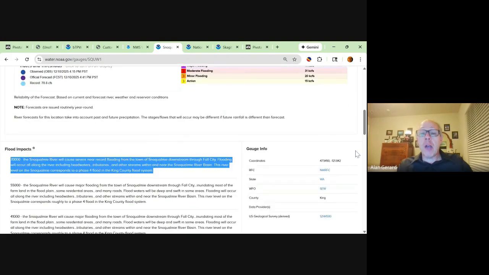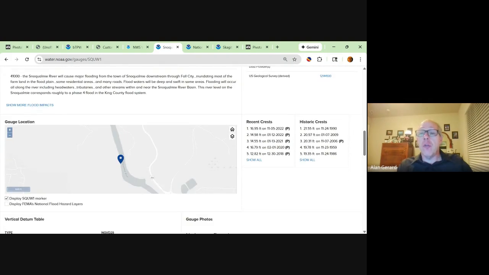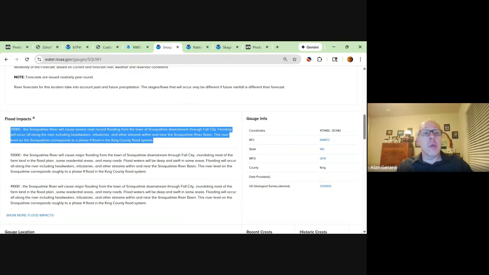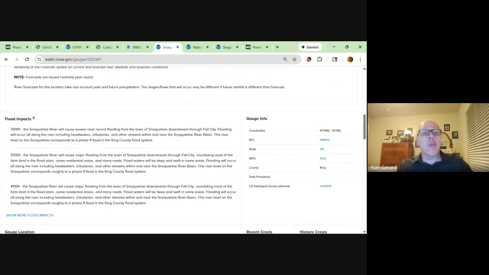And the records on these rivers go back decades. So the fact that we're approaching and in some cases exceeding records is pretty impressive. And some of these other gauges we're going to look at are even more impressive. But when we look at what the Weather Service has for impacts as the river gets above 70,000 CFS,